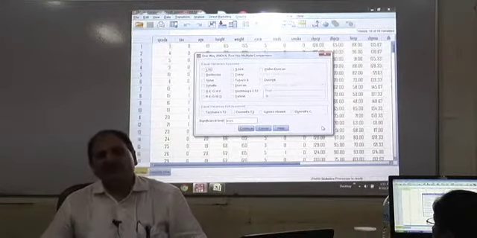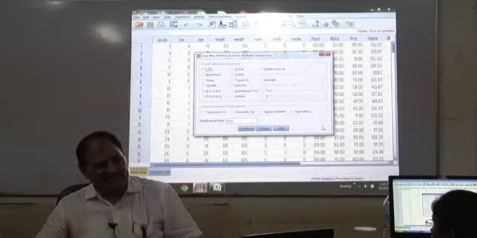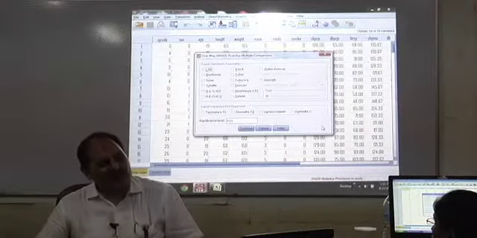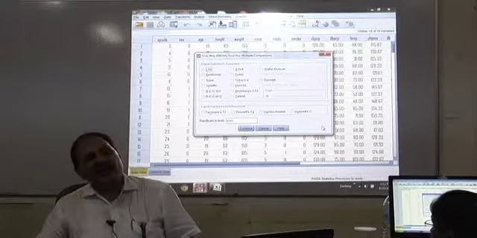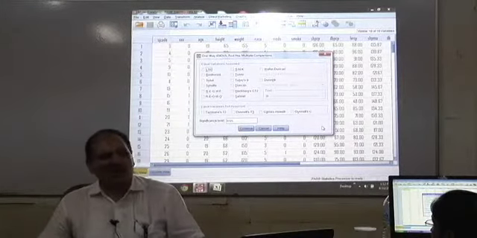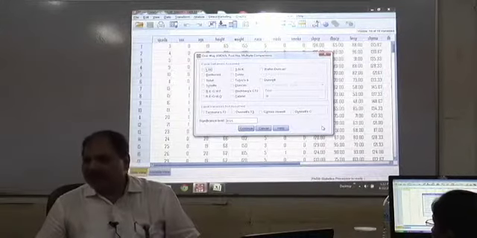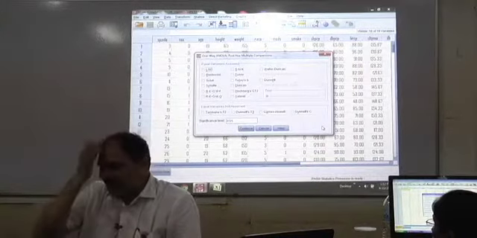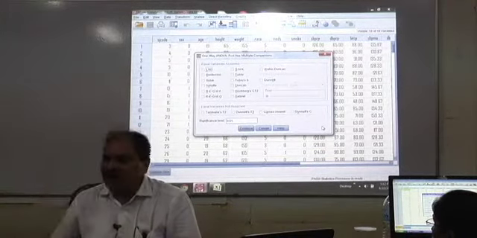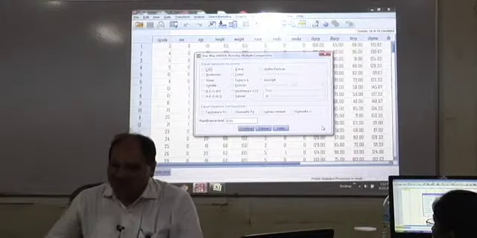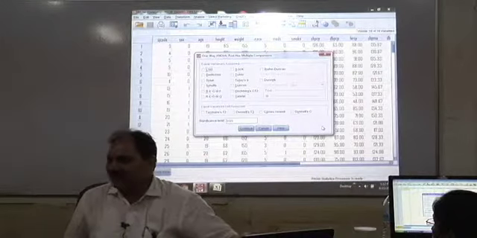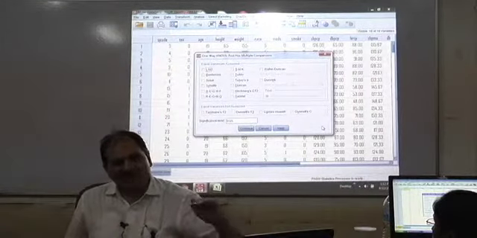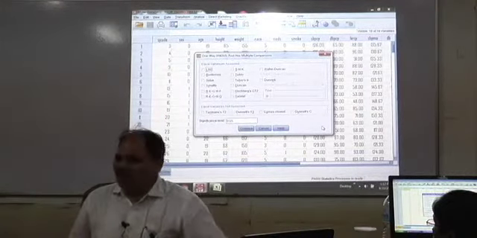Later on, during our ANOVA test, equality of variance would be tested using Levene's test. It is part of your ANOVA analysis. That result will tell us whether the variances were equal or not. So while interpreting, we will interpret the correct test, whether equal variance assumed or equal variance not assumed.